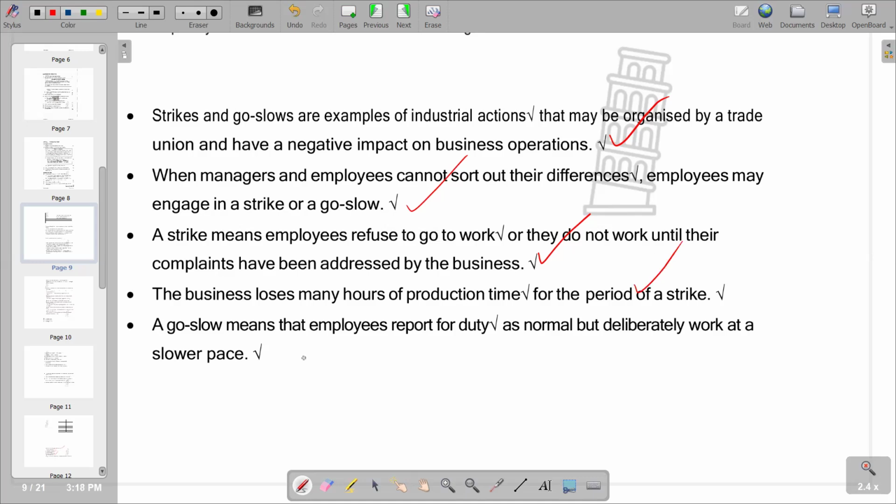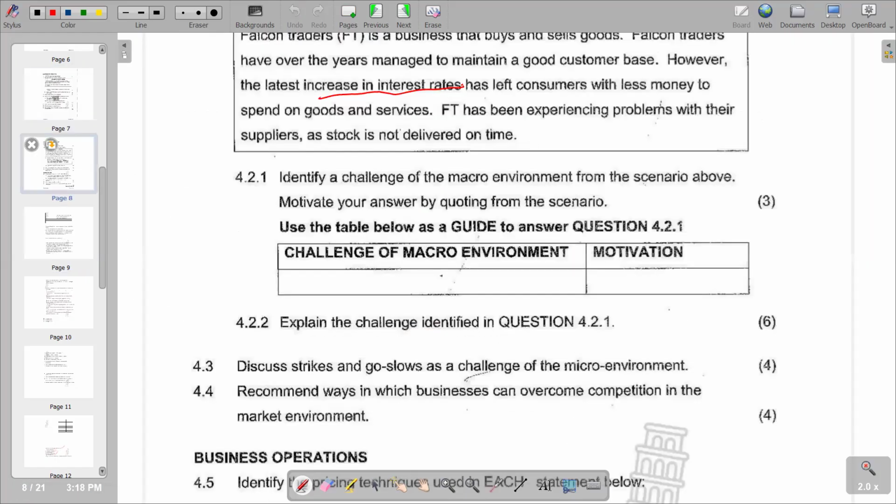So a go slow means that employees report for duty as normal, but deliberately work at a slower pace. So these are the points that we have on that part. Then we move on to the next question, which reads,